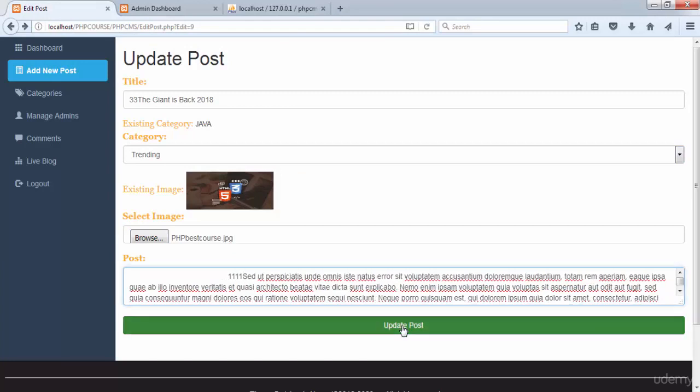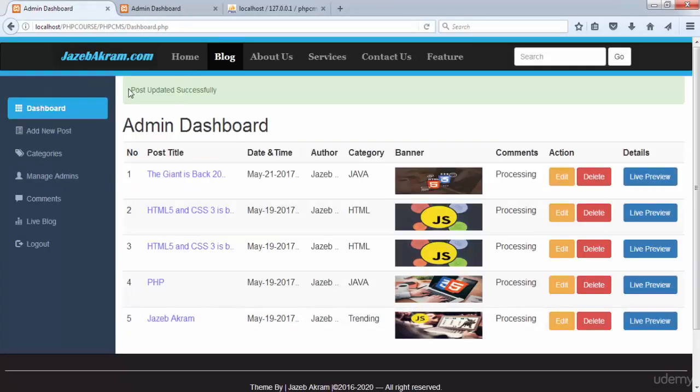Clicking on this update post, you can see we got a message of success, post updated successfully, but still on this post we are not updating our content. The content is quite the same as what we got back. So there is one bug, and I added that bug to show you the actual thing which tricks a lot